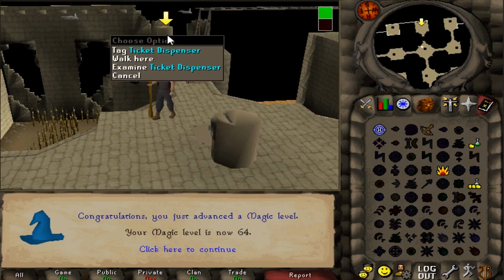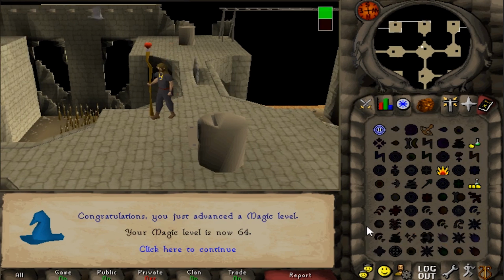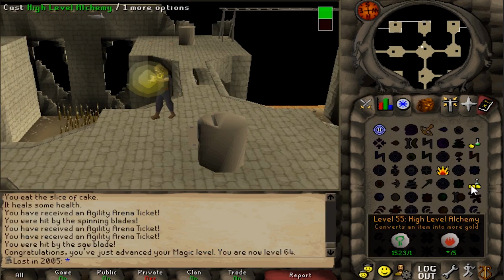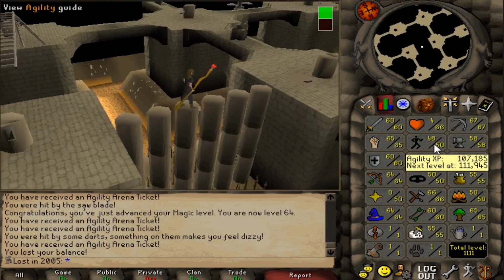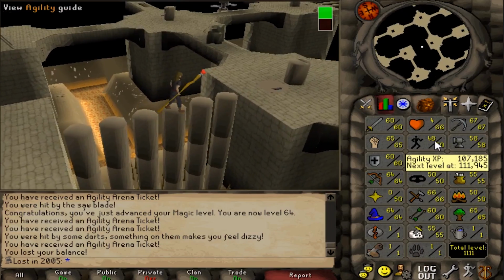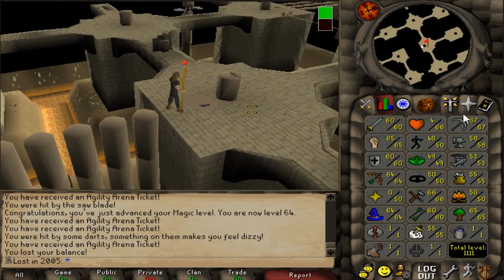And a lot of times if the pillar is on the whole opposite side of the arena, I barely have any time to alk. But that is 64 magic, 2 more levels to go. The smartest thing for me to actually do is stop at 52 agility here. Reason being, at 52, we can go to the Wilderness Agility course, which truthfully is astronomically better XP than what